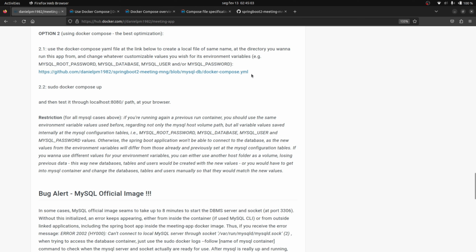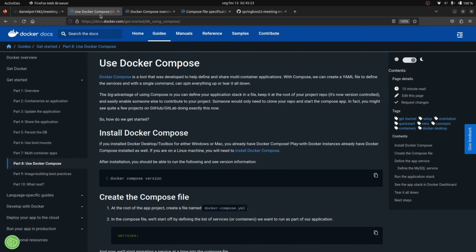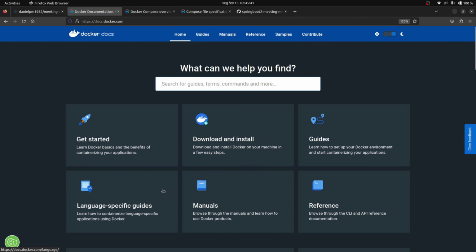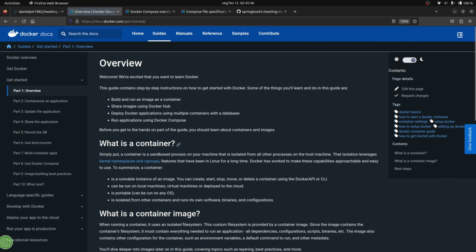So, before I explain to you the Docker Compose YAML file here, let me just show you the Docker Compose documentation at the docker.com docs section. For example, if you go here to the Docker docs main page, and you click here get started, you can